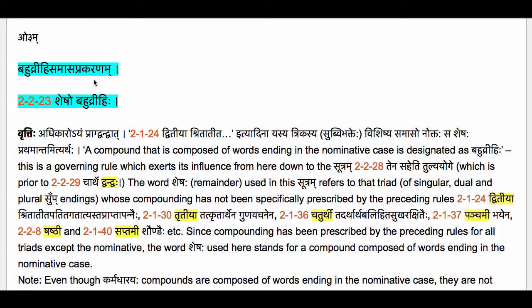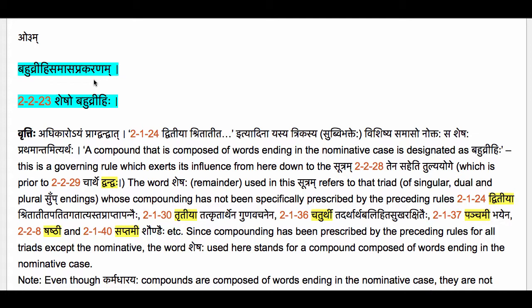Very, very important point. The dominant member of a bahuvrihi compound is outside the compound. So if we take Sati Ishaha as a bahuvrihi, Sati Isha Yasya Saha, then we see that there is no word in the compound which is directly pointing to Shankaraha. The two words which compose the compound are Sati and Isha. They are both pointing to Parvati. But the meaning of the compound is Sati Isha Yasya Saha, one whose master is Parvati. So the compound refers to someone who is not directly referred to by the words present in the compound.